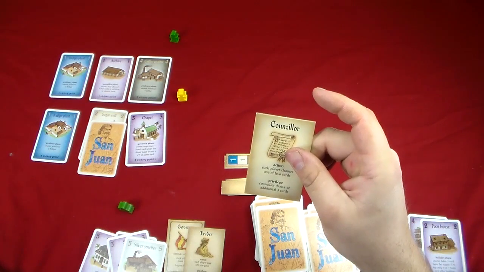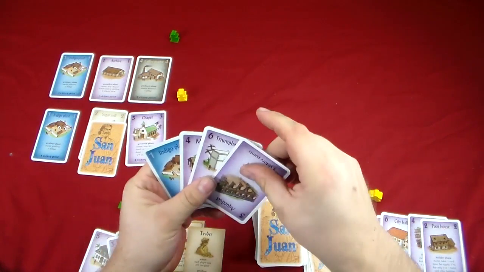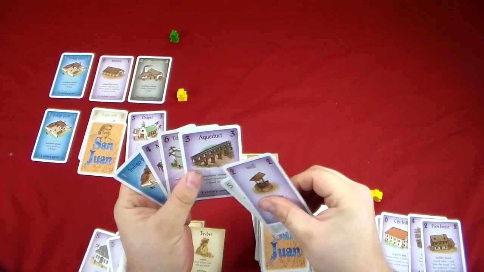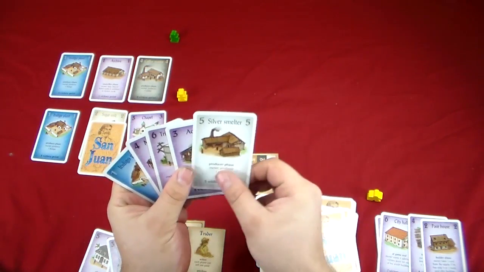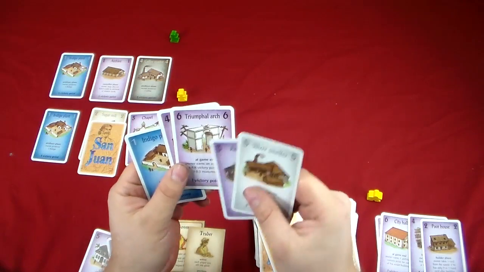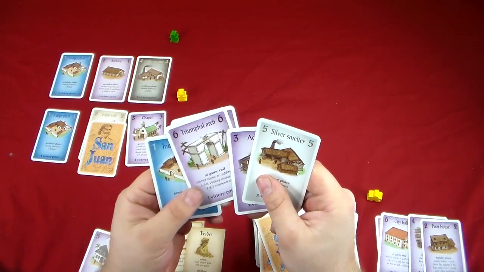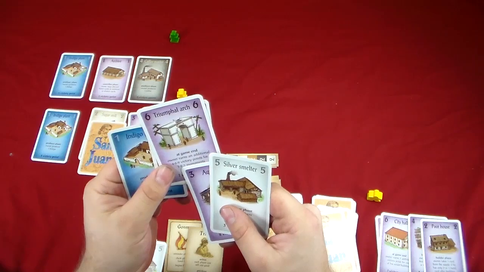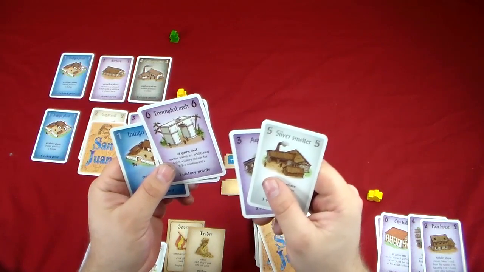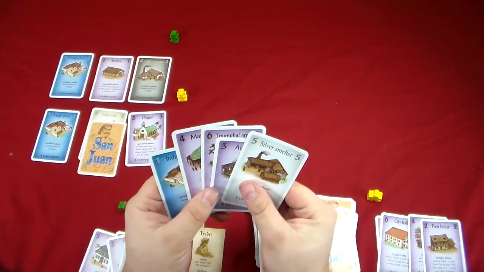Okay, so Jen's gonna play the counselor. Okay, so she draws 5 cards and discards down to 1. Okay, now the Triumphal Arch. It's a powerful card again. Okay, it costs 6, but at the end of the game, she'll get 4, 6, or 8 victory points for every 1, 2, or 3 monuments she builds. So in other words, if she builds 1 monument, she gets 4 points, 2 monuments, 6 points, 3 monuments, 8 points. But it's an expensive card, and